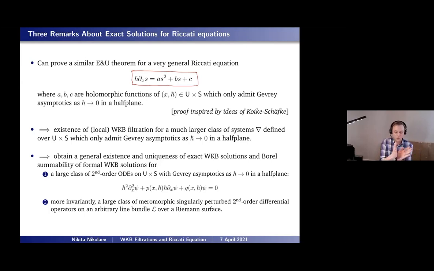And then the thing that I mentioned when I was talking about the coincidence of the WKB filtrations with the Levelt filtrations, that somehow you want H bar to be close to the positive real direction, but it can be in some small opening. That's very much related to the gluing that you're mentioning, because